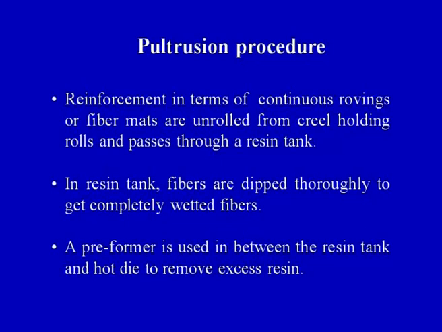Now what is the process, or what is the pultrusion procedure, how the process is carried? So very simply, the process is in 3 or 4 different stages. The first stage is the fibers are in the form of, suppose, rovings are put on the creels. The fibers will come and they will get wet in the resin bath. The resin bath is a place where the resin and the catalyst have been put together. The fibers will get wet in this resin bath, and finally they will go to a preformer which will give a rough shape to the fibers and the matrix composition or the combination.